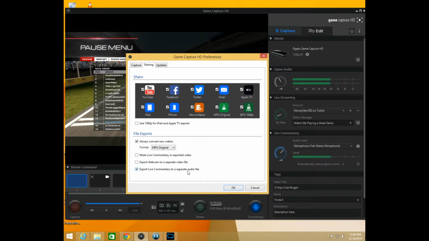Now, that's great, and it'll have your audio in it. But if you don't mute your live commentary in your exported video, your video file that has the game audio will also have your commentary in it, and then you'll have double recorded there. So you got to be careful with that as well. If you want to do it, these are the settings you need. What this will do is give you a separate file that then you can bring both of them into your